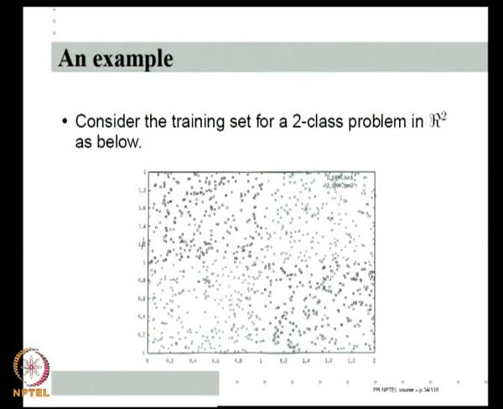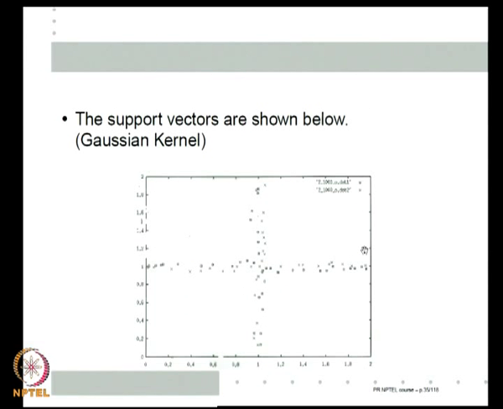These are the sample set, and if I did an SVM with a Gaussian kernel and after learning the SVM, I flag only the support vectors, that is what I get. As you can see, the support vectors essentially define the class boundary. These are all the vectors that are closest to the class boundary. Of course, I have used a Gaussian kernel, so I am working in a very high dimensional space, learning a hyperplane there, but the patterns that are closest to that hyperplane are these patterns. So, essentially support vectors give me a very good idea of the geometry of the class boundary.